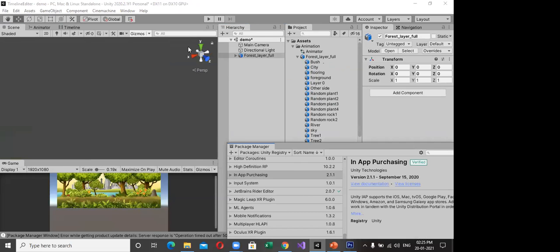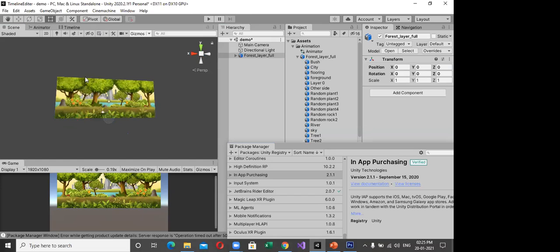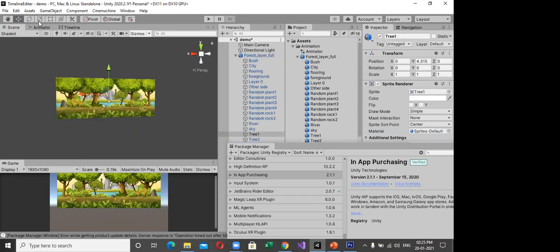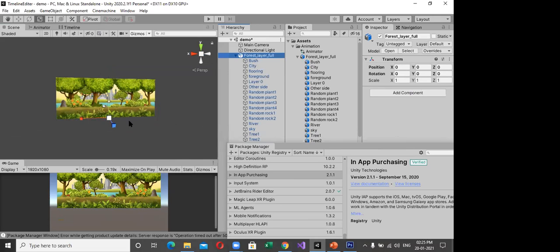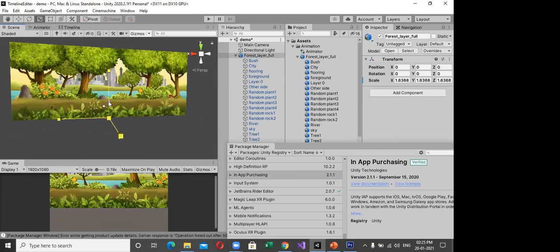It will be directly imported. If you want, you just select the layer and make it big.